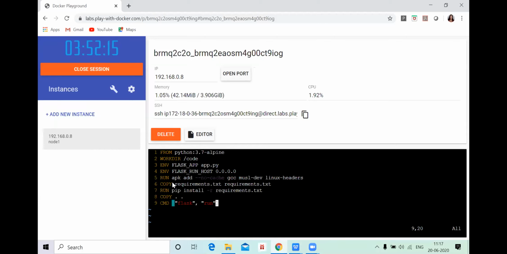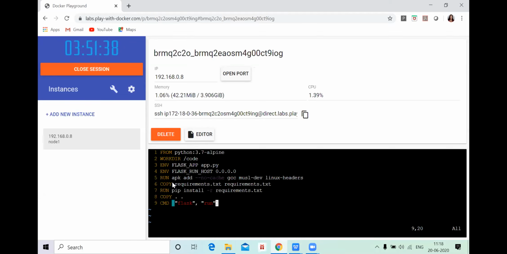Next, you can see we are going to copy the requirements file, whatever we created just before 2 minutes, from requirements.txt to requirements.txt. If you have a different name, then you can provide that name, like copy A to B. Then next is you have to run the Python program. If it has not been installed, directly you can write run pip install -r requirements.txt.